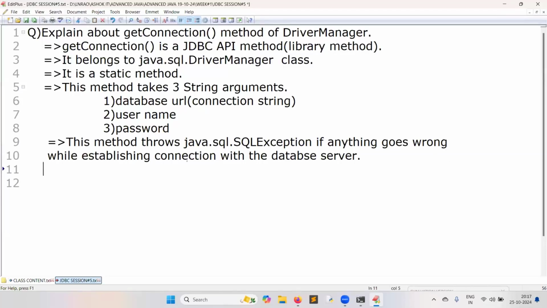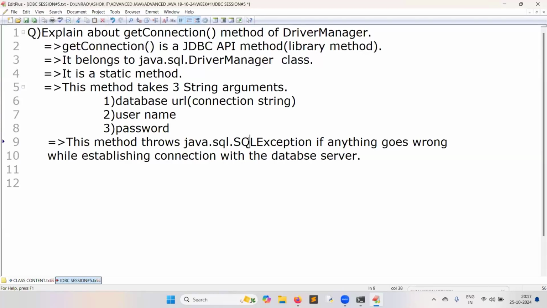In the background, a connection with the database server will be attempted. But if the port number is wrong, the IP address is wrong, the username is wrong, or the password is wrong, for any of these reasons, if the connection could not be established, it raises SQLException.